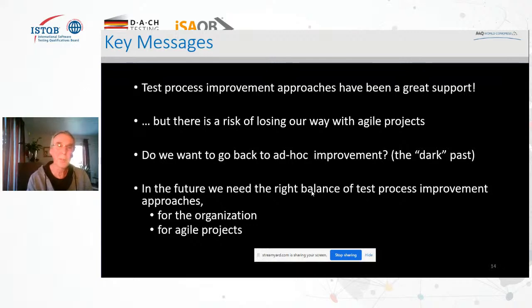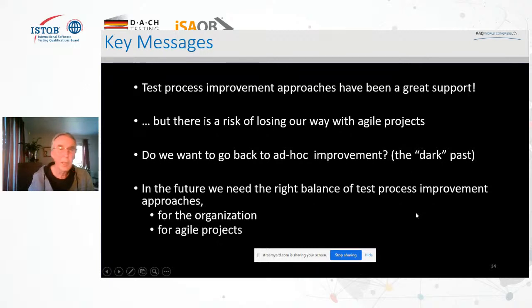And I would ask you to think about those options that I suggested for working with smaller projects and agile projects, and using your nice agile checklists and so on in your agile projects. I think the experience is that if you can make your test process improvement approach itself more agile, it is going to be much more beneficial to your agile project.